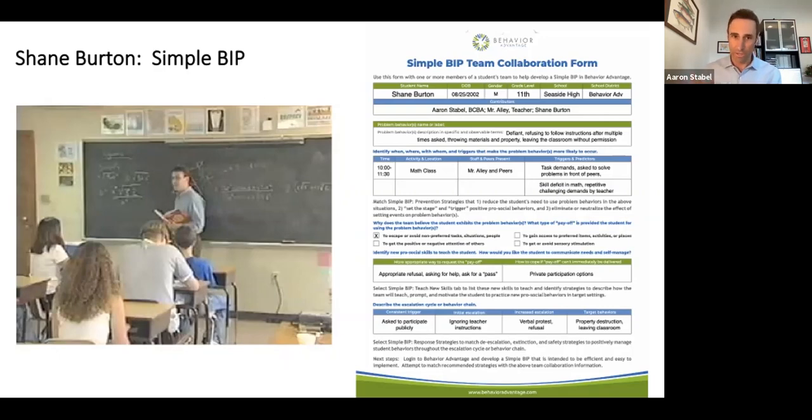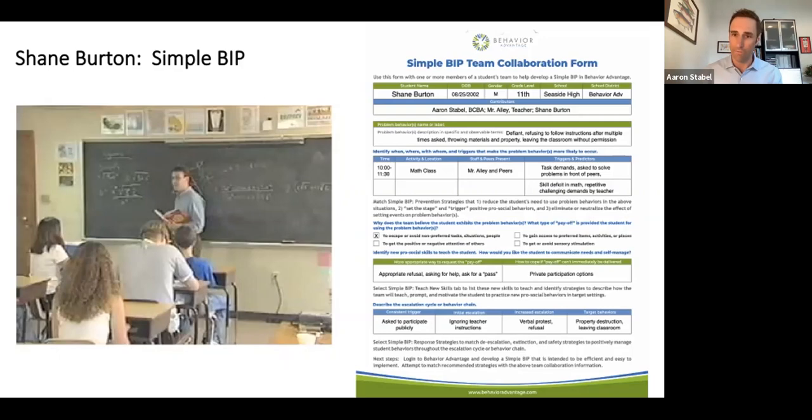And Lisa and Betty also talked to Mr. Alley about, what do you think, why do you think Shane's doing this in general? And he looked at this form and he's like, I think it is absolutely to escape and avoid these tasks and activities. And then what would we want Shane to do differently? Rather than escalating and blowing up in order to avoid the work, that's not totally unreasonable, or in order to avoid being embarrassed in front of his class. And they walked through, maybe if he had a better way of communicating that more respectfully, I would be okay with that.